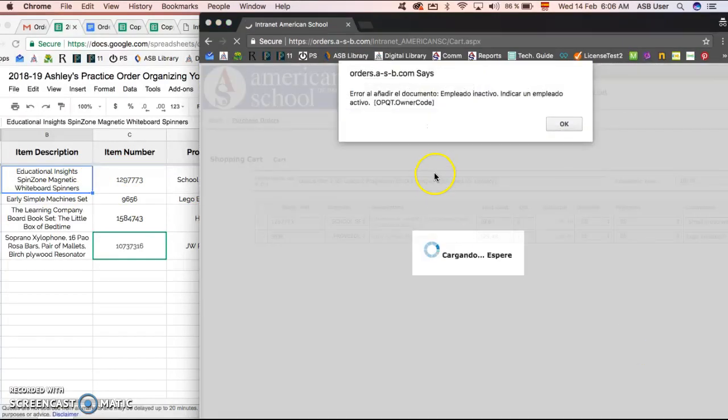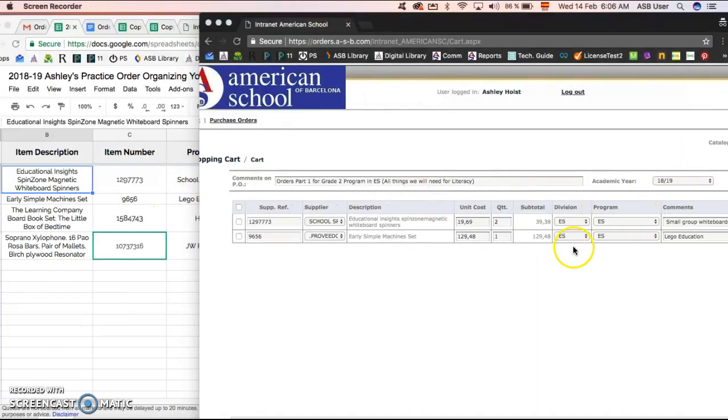Mine is a test, so I'm not sure if this is even going to go through because I don't have order access. But that is a summary of what you need to do overall. Remember the main things to not forget is the division, the program, and the academic year. Again, before you push submit, division, program, and